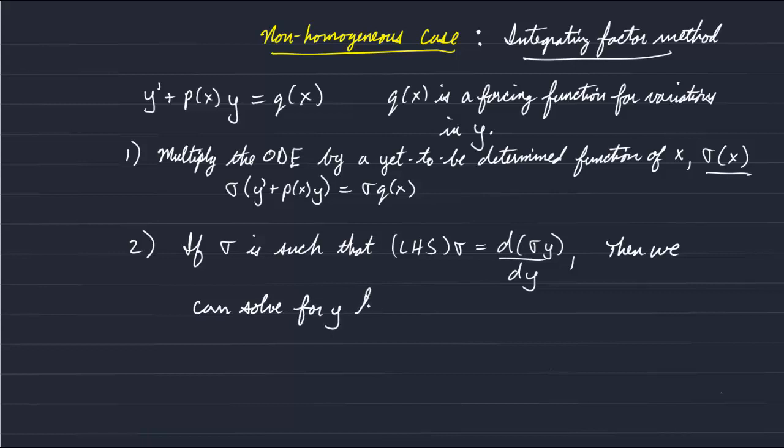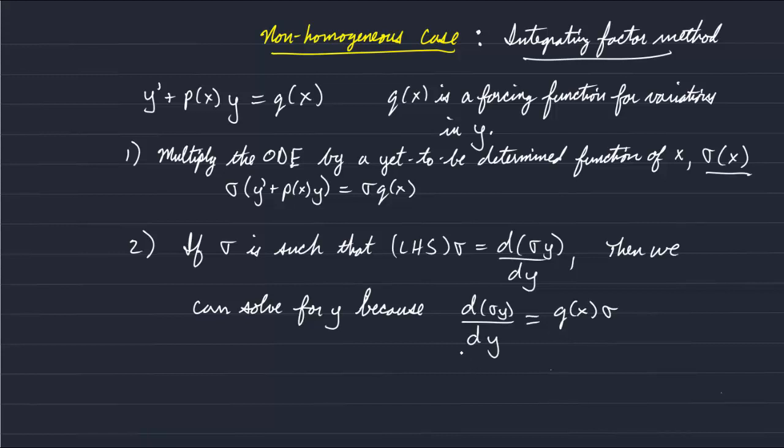Because if the left-hand side is equal to the derivative of sigma times y, then we know that the right-hand side is equal to q of x times sigma, and we can solve by simply